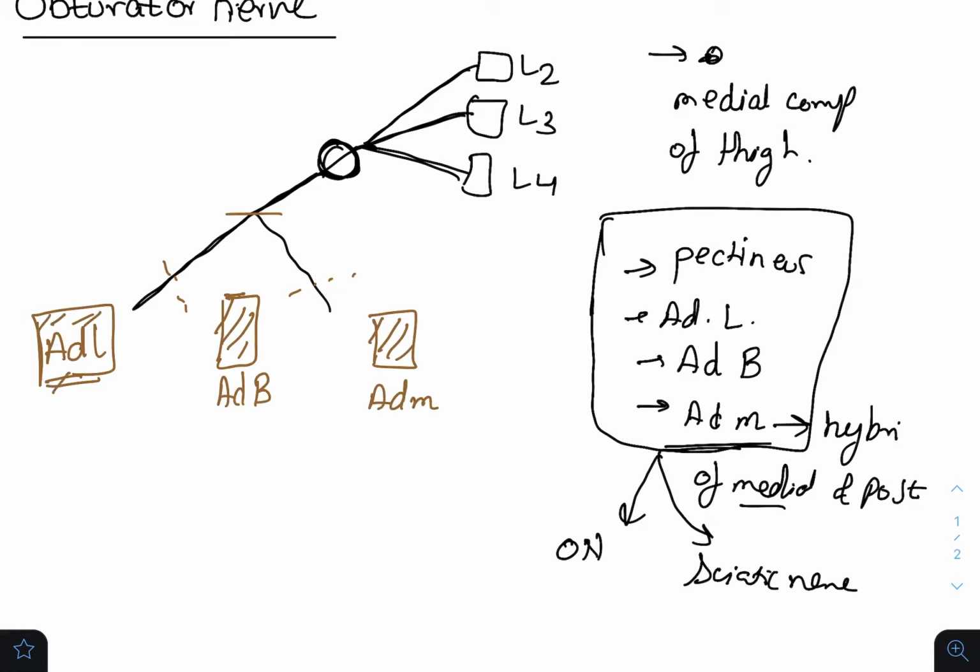So during dissection, if we see, first we'll see adductor longus, then we'll see the anterior branch of the obturator nerve between the adductor longus and the adductor brevis. Then we'll see the posterior branch of the obturator nerve between the adductor brevis and the adductor magnus. From anterior to posterior, we will see adductor longus muscle, then anterior branch of the obturator nerve, then adductor brevis, then the posterior branch of the obturator nerve, and the adductor magnus muscle.